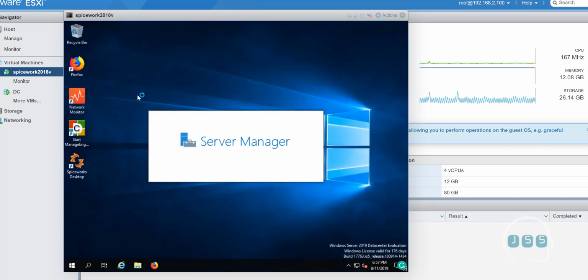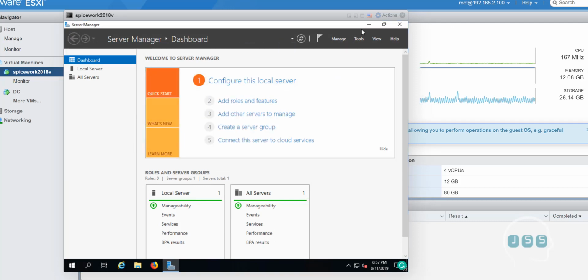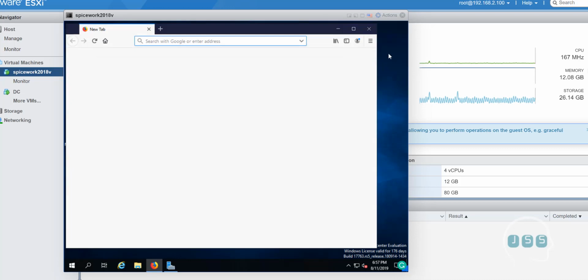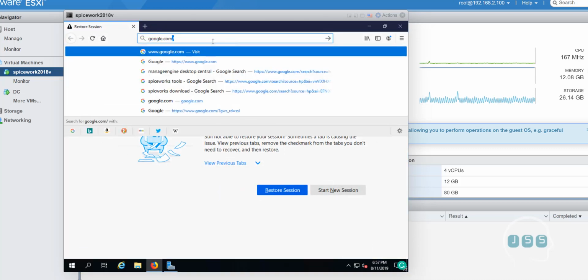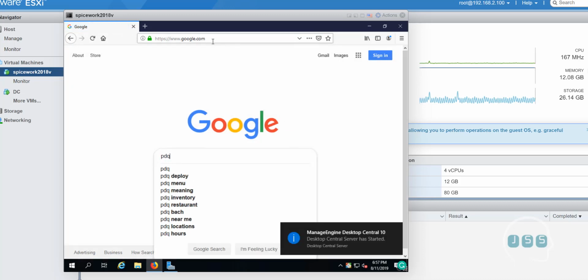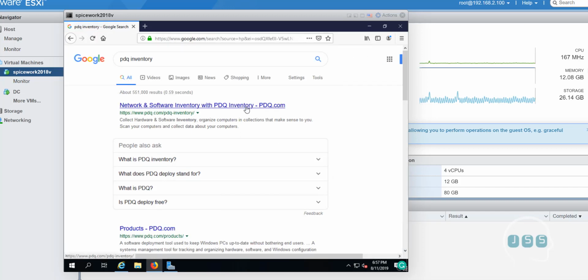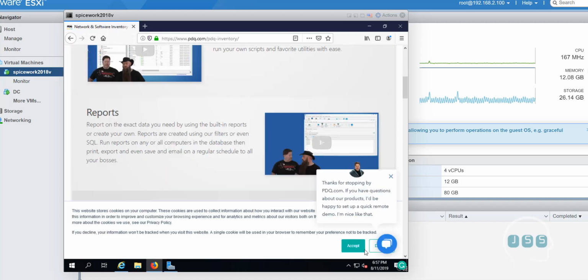So now you already know where to go and learn about PDQ, but we are going to go ahead and start downloading PDQ and PDQ inventory. Go to google.com, PDQ inventory. And now we are going to go to this page, the first one, and we are going to accept the